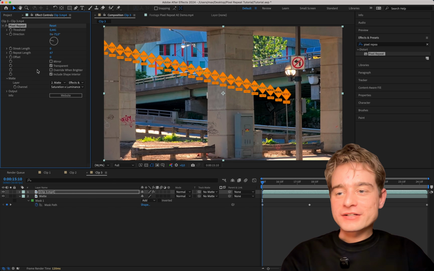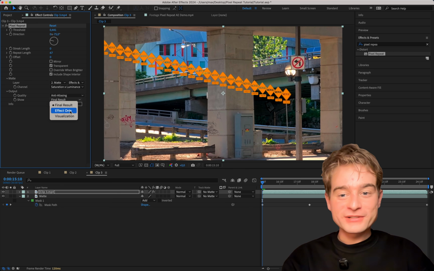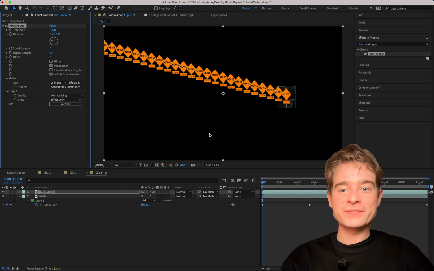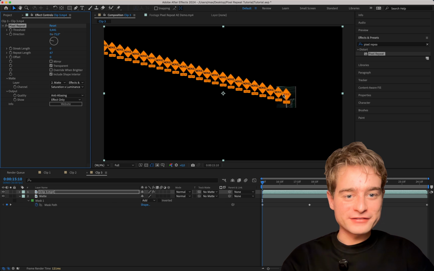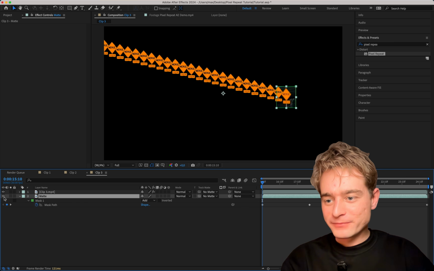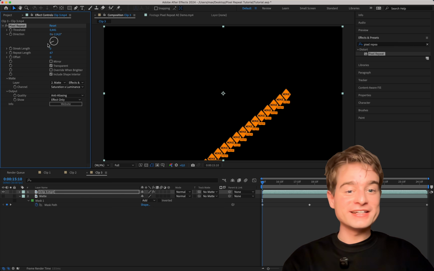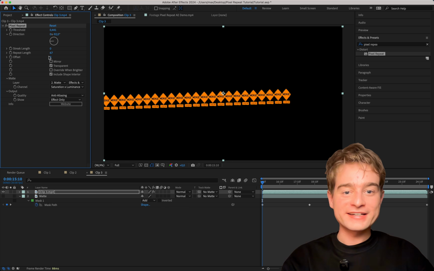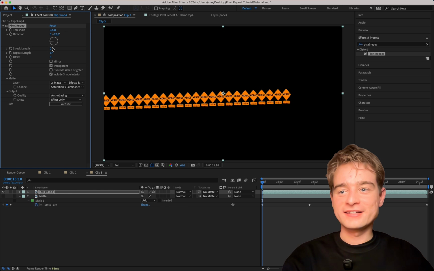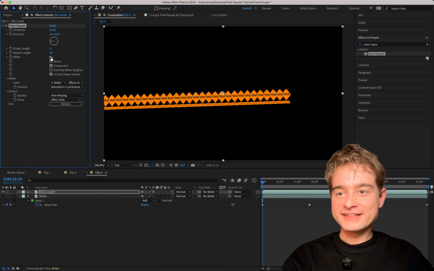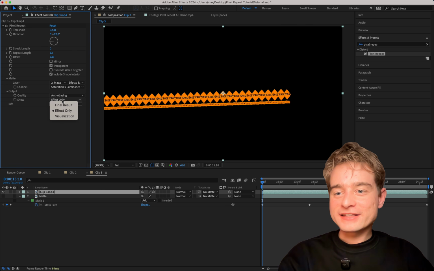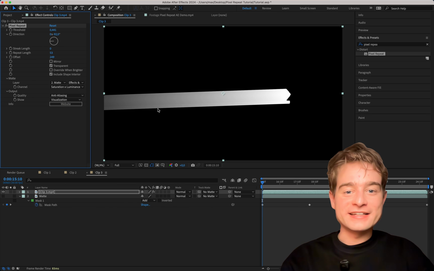And then, of course, in the output settings, we can go to show and we can set that to, I mean, there's also effect only, which could be interesting. Let me just try that first. While we're there, what you're seeing over here is the matte layer. So I'm going to disable the matte layer so that we're only seeing the pixel repeat. So you could use this for some interesting effects as well, isolating elements in your footage and then repeating them like this. And then if you set this show function to visualization, you get that gradient again that we saw earlier,